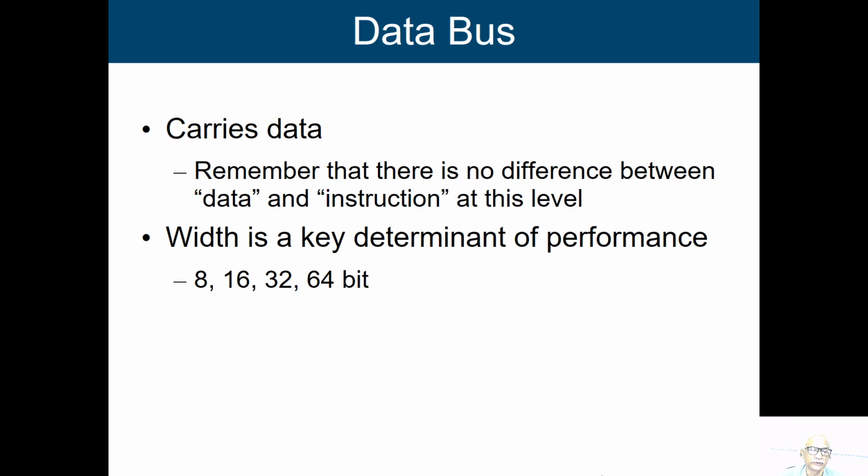Now, we said that we are having 3 kinds of bus. Out of that, one is your data bus. So, through the data bus we are going to transfer the data from one point to the other, or we can say from source to destination. But remember that there is no difference between data and instruction at this level, because everything will be treated as a signal value, either high or low. Though I am saying that I am transferring data, basically we are transferring even instructions also, which can also be treated as data, a combination of bit stream 0s and 1s.